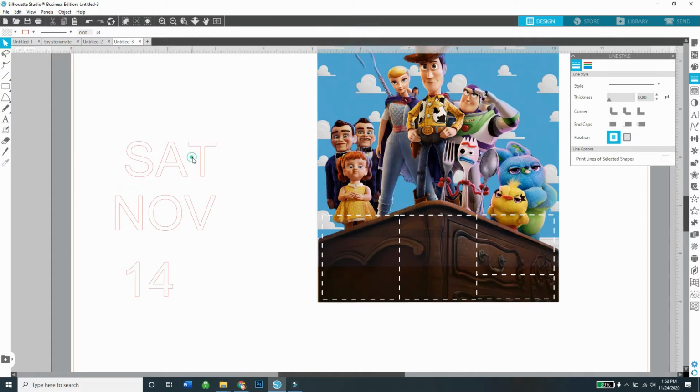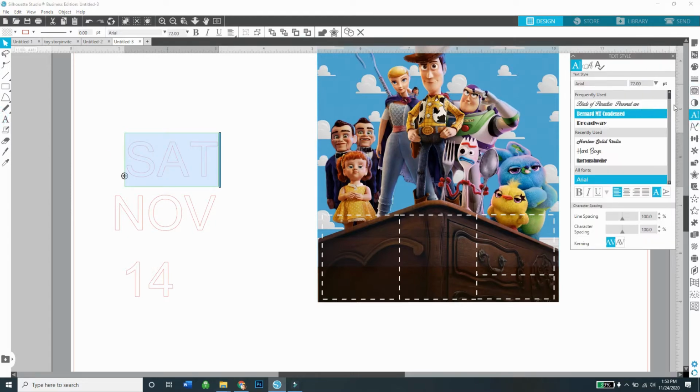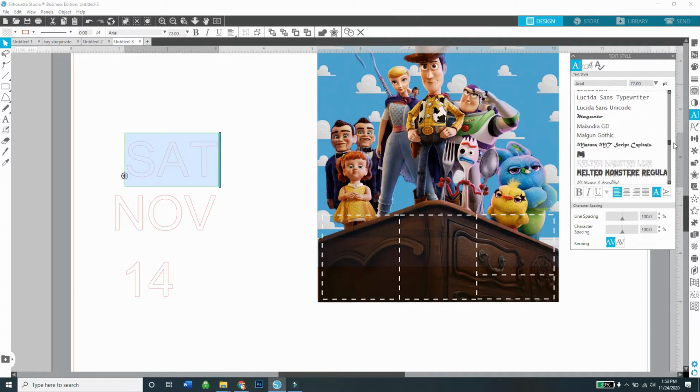Here's where I can play around with whatever font I want, but I think I already know what font I'm going to pick for this. You can go through all your fonts and choose one that you like, but I am going to choose